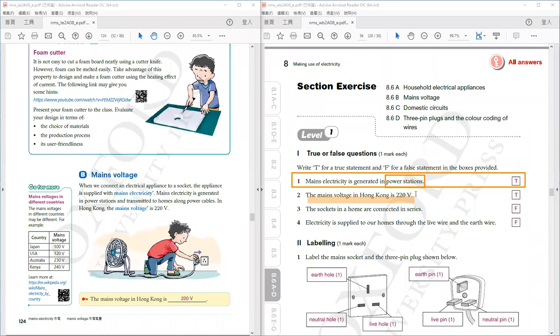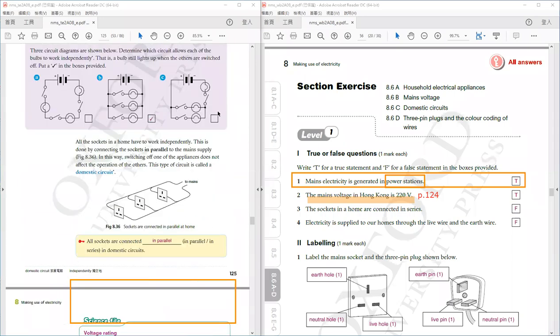Whenever I want you to work on true or false questions and multiple choice questions, I want you to tell me which page you can refer to. Okay, textbook page 124. Or write down the solution. Why it is correct, why it is wrong. 220 volts. Yeah. Okay, 主要嘅電壓。